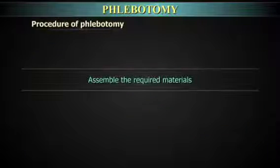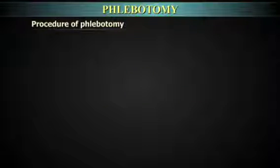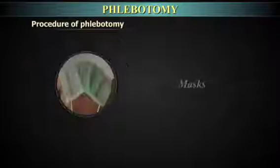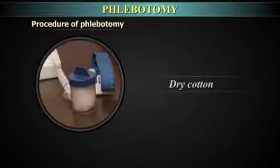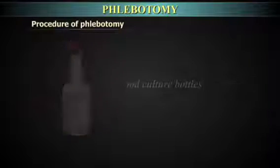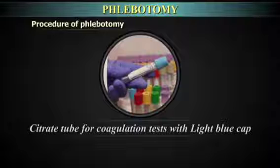Procedure for phlebotomy. Assemble the required material. They are closed collection systems or open system with disposable sterile plastic syringes of various volumes, tourniquet, disposable well-fitting gloves, masks, 70% isopropyl alcohol swabs, betadine, dry cotton, band-aid, hand sanitizer, blood culture bottles, citrate tubes for coagulation test with light